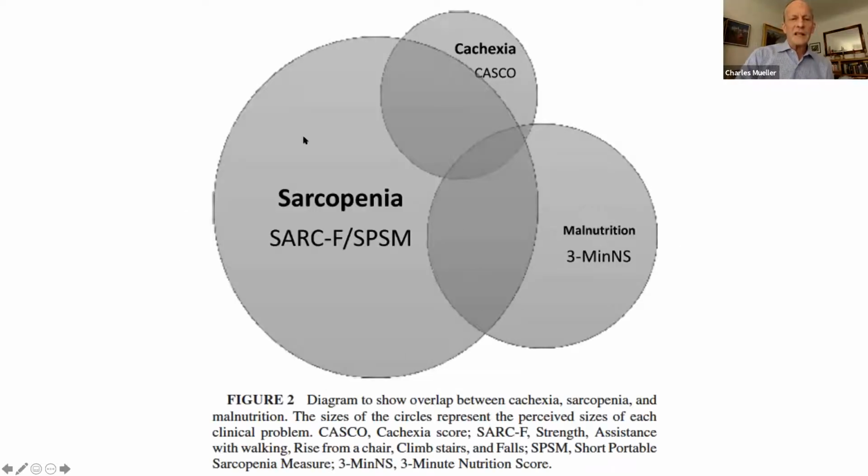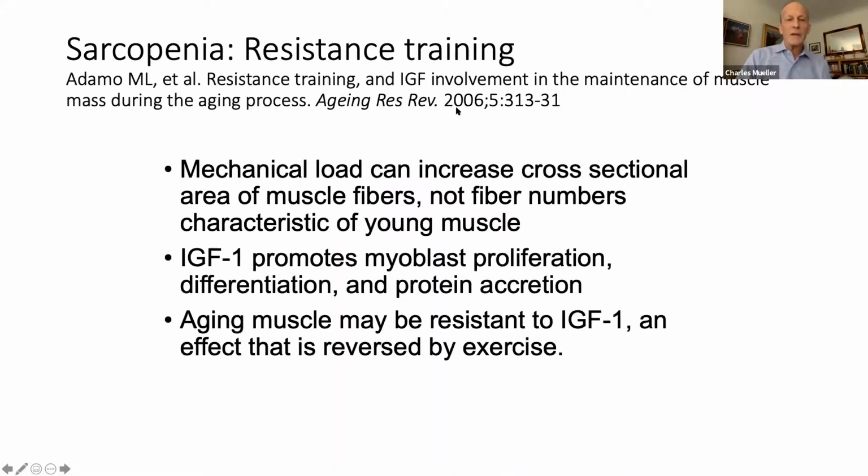This is the incidence of sarcopenia, because there are lots of old people. Here's the incidence of cachexia. Here's malnutrition, but you can have all three. Okay, some overlap, but they are different. And you kind of have to distinguish between the two. In terms of treatment, resistance training, okay, works. An older adult, you can send them to the gym and have them lift weights and they'll increase their muscle mass with sarcopenia